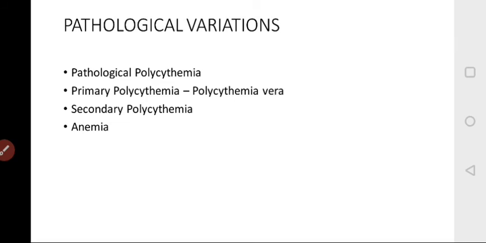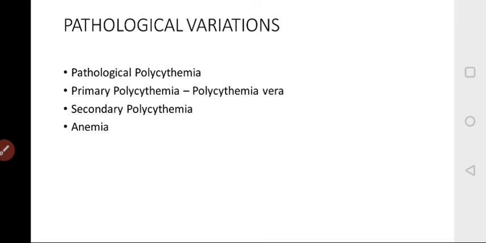Primary polycythemia is characterized by persistent increase in RBC count. In this disease, there is persistent increase in RBC count above 14 million per cubic mm of blood. This is always associated with increased WBC count above 24,000 per cubic millimeter. The polycythemia vera occurs in myeloproliferative disorders like malignancy of red bone marrow.